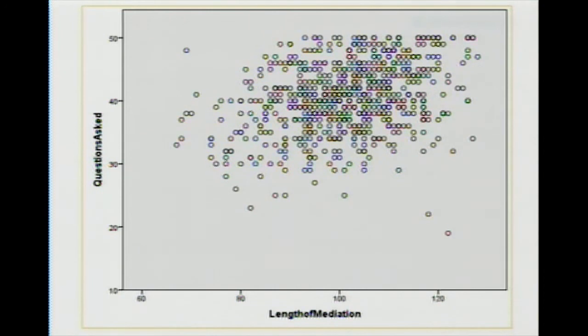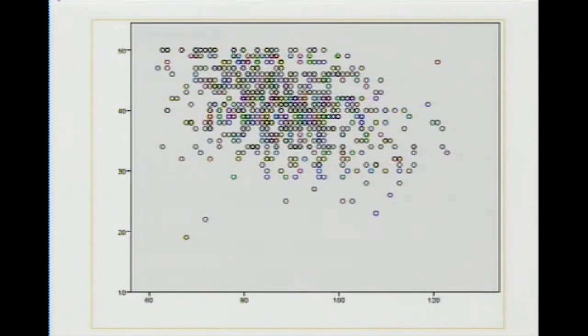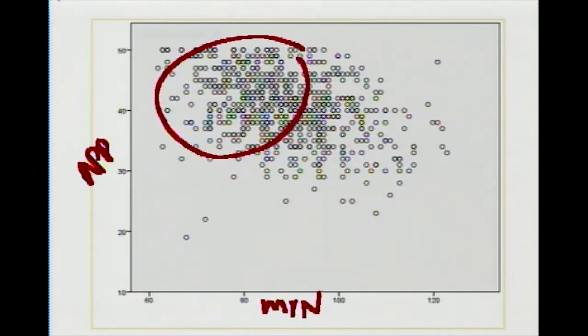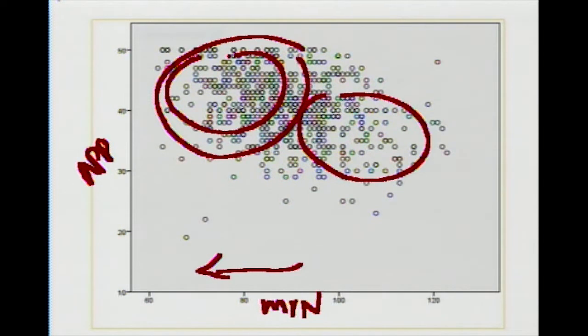Now, if we go to the next slide, we can see what a negative correlation might look like. And here we might have the minutes of mediation again, and then maybe we have the apprehension, because we had that as our negative correlation. And we see more data here on this end: when apprehension tends to be high, the minutes tend to be on the lower end, right? So you can see more data here. And then we see some data here, obviously, as we see it laid out from the matrix.